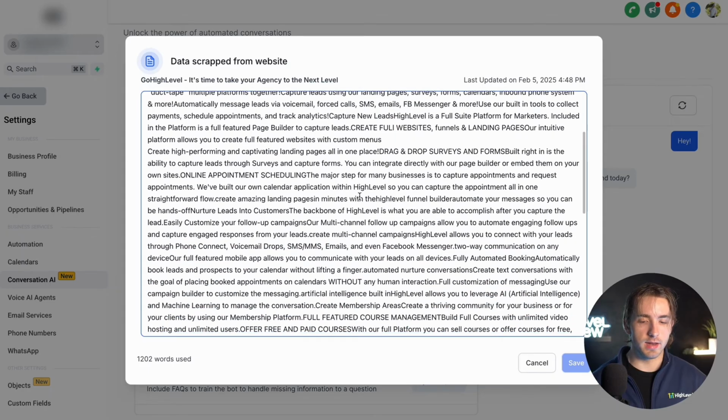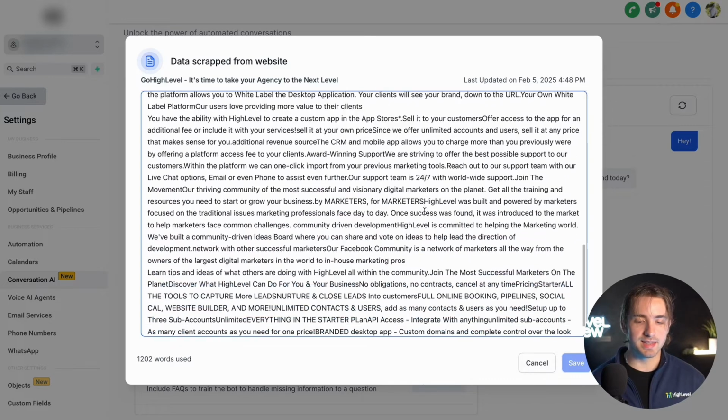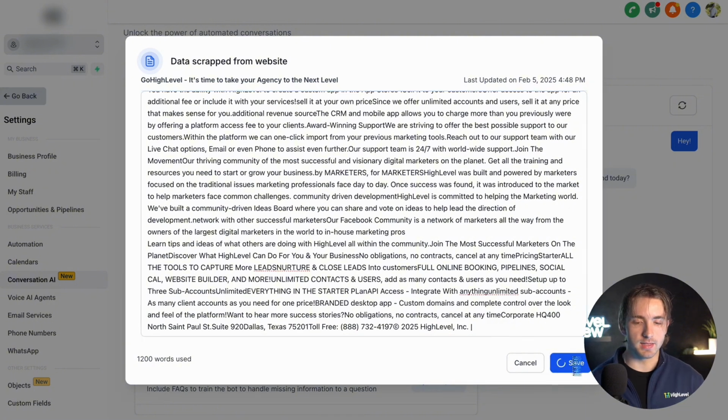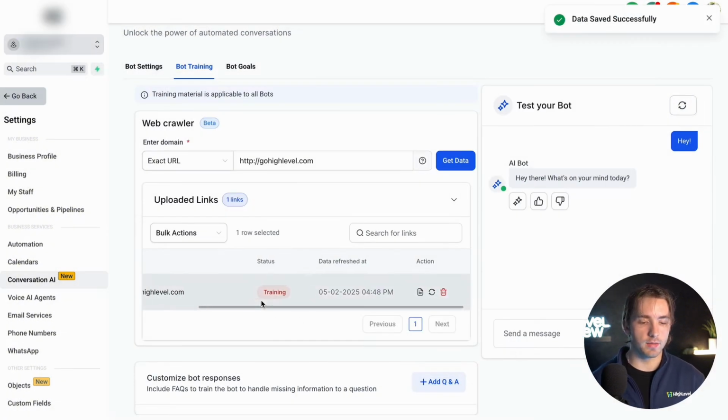This will give us all of the data that was just scraped from the page, and we can take this data and modify it, look it over, and make sure that it is good to go. If we do make any modifications, such as changing some of the wording or deleting some information, we can do that from this text editor, then click save, and then our link will be notified, and then the bot will